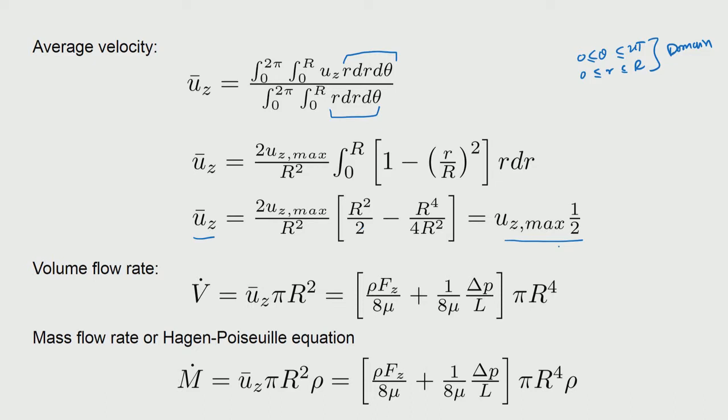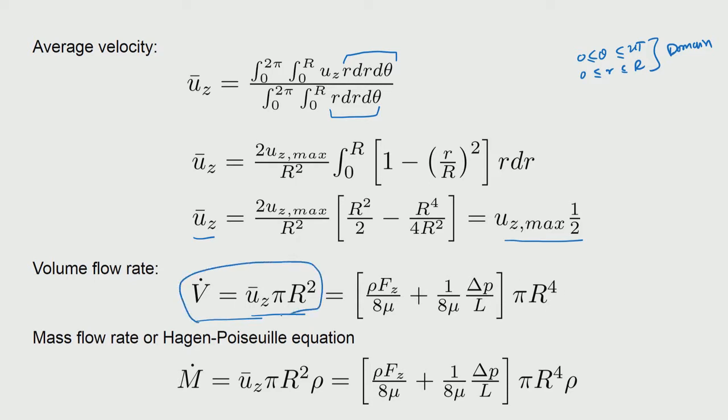Okay, so, we then can use this to flip between the two quantities that we want to know. So, very often maximum velocity is not given, average is given, and then we can actually then determine the maximum velocity and then use that as a scaling factor for the functional form, and then therefore get also the velocity variation as a function of r. Now, often the volumetric flow rate is actually asked because we can actually collect the liquid that is coming through the pipe for a given duration, and then from there determine what is the V dot. So, how is the V dot related to the average velocity? It is basically average velocity into the area through which the flow is happening, that is the V dot, and if you substitute, it comes out to be this expression.